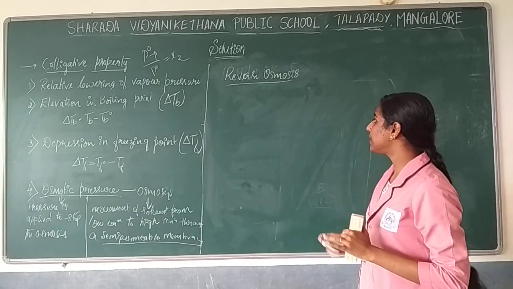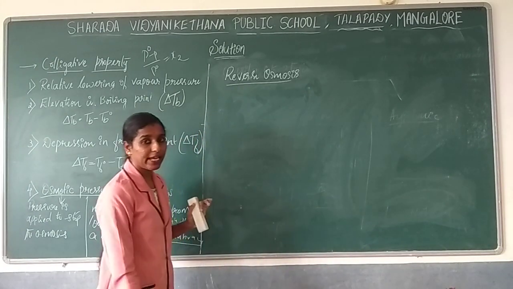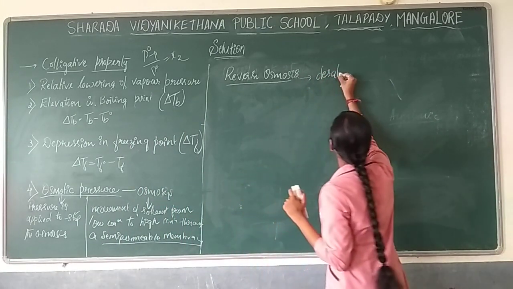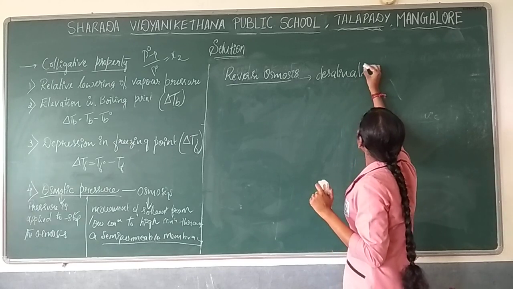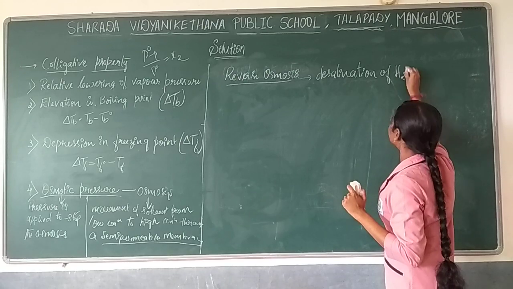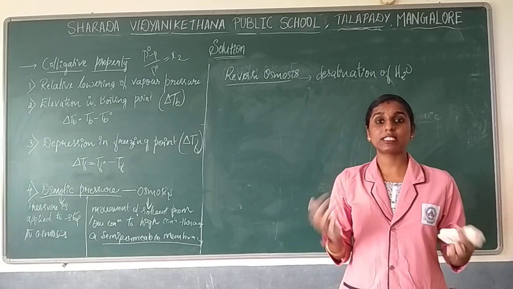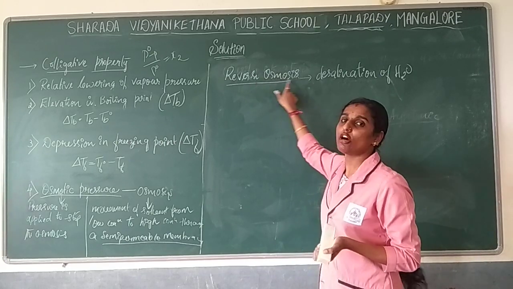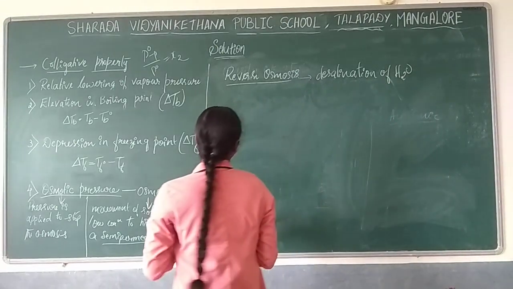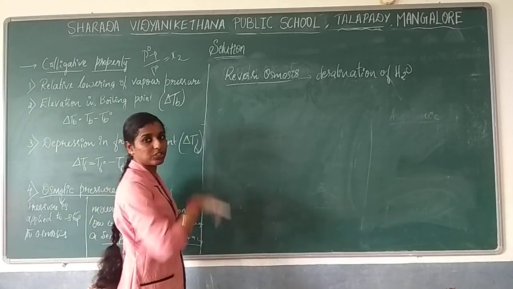Now what is meant by reverse osmosis? I have told you this has main applications, and that main application is nothing but desalination of water. Desalination means that the salt amount will be removed from seawater. That will be done by reverse osmosis. This is the major application, and it is very important. If they ask what is reverse osmosis, I mention the application of it. By that time you are supposed to mention the desalination of water.